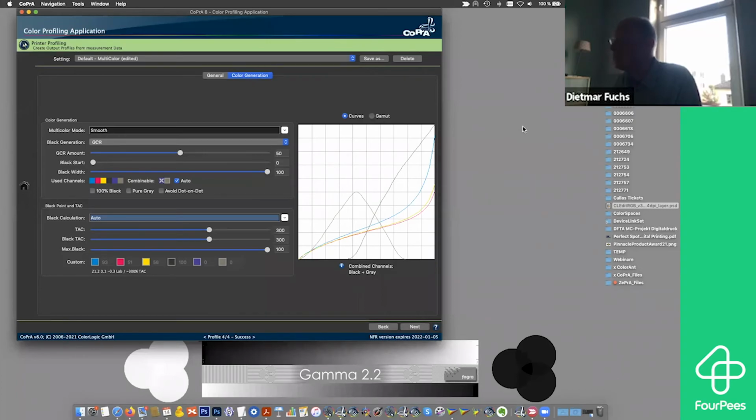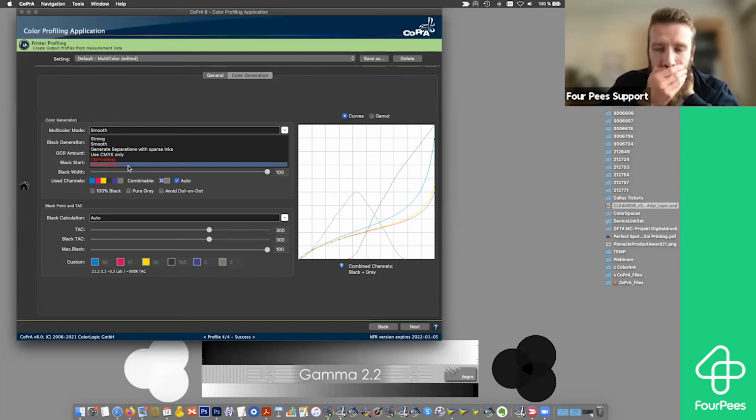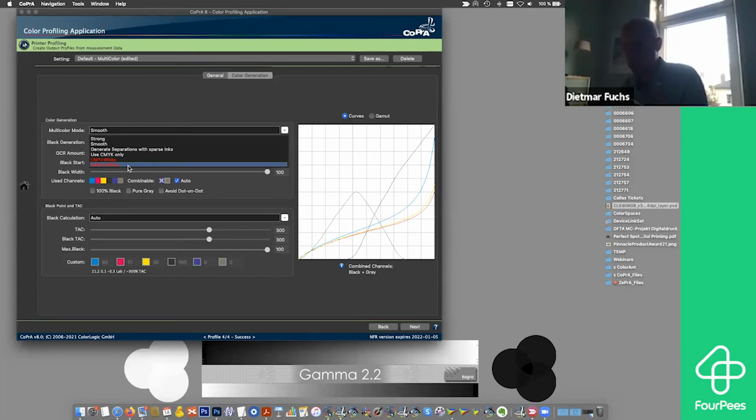define white with the printers? Yes, I can. That is something which we have done in Copra 7 already. These are those two modes here, the multicolor modes, which require special test charts that we are creating as well with ColorEnd. CMY plus white and CMYK plus white. And those white inks will be used as a separation as well. So that's a nice feature, helping for example in textile printing, thinking on a black textile, like a t-shirt or something,